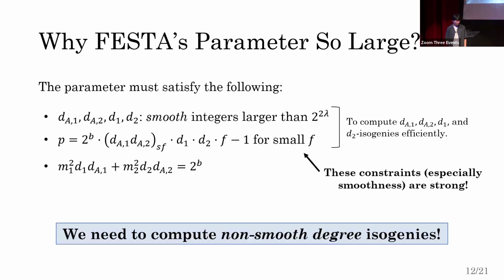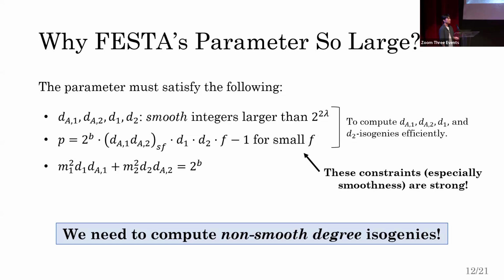So what is the reason the test parameter is so large? In my opinion, the reason is that these two conditions are so strong, and especially the smoothness constraints are quite strong. So to avoid the smoothness constraint, we want to compute the non-smooth degree isogenies